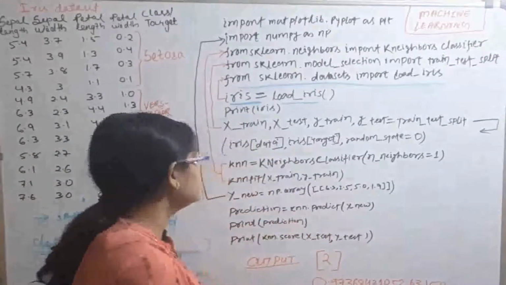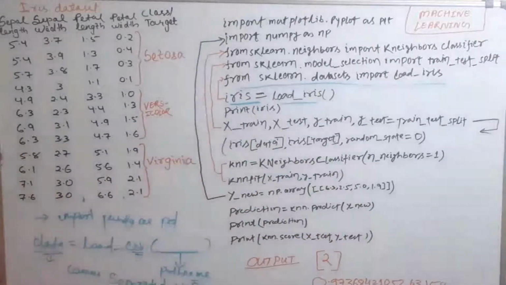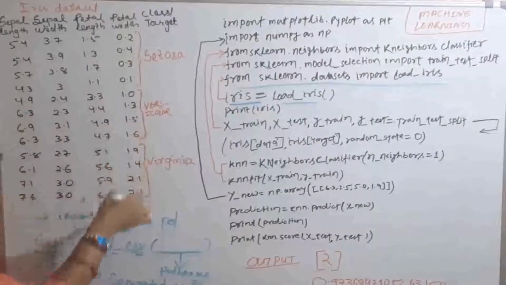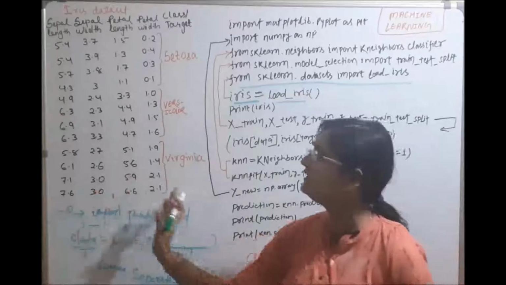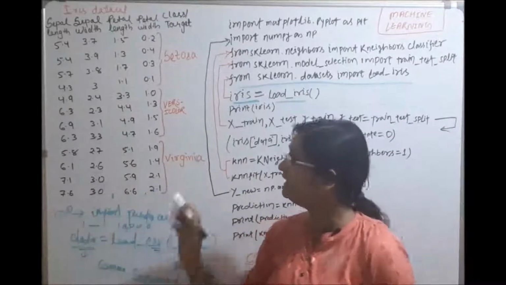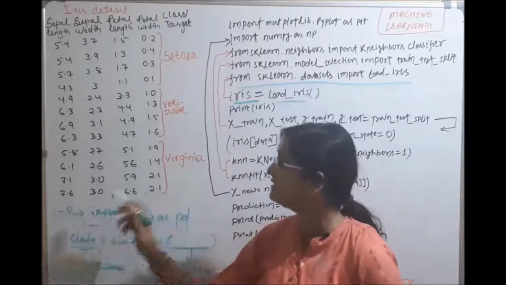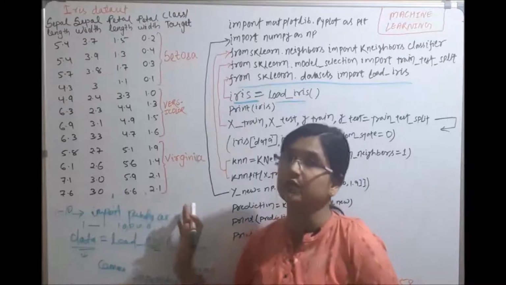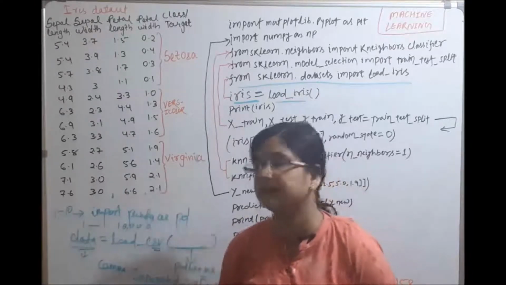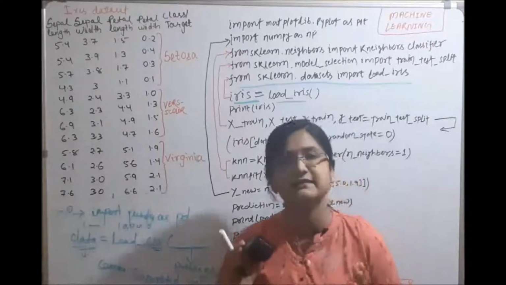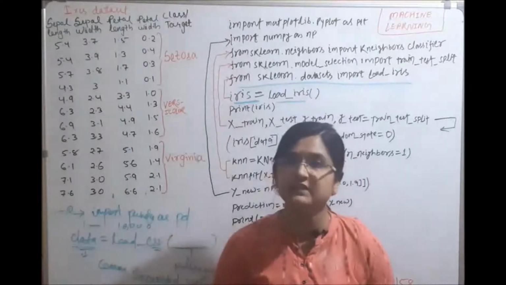So here you can see why my data is scaled: the range of the datasets is between, you can see, 1 to 10. The range is not so vast. If the range is 1 to 100 or 1 to 1000, a wide range, only then do we need to scale the data. The data is already scaled, so we do not have to scale it.